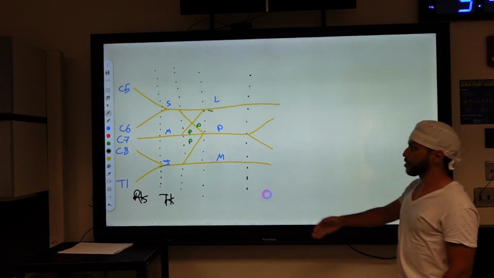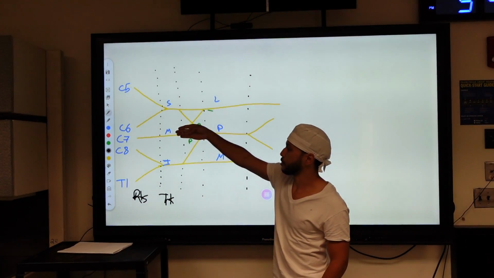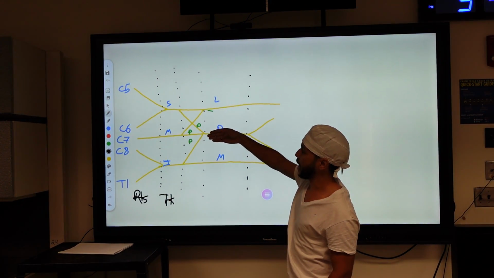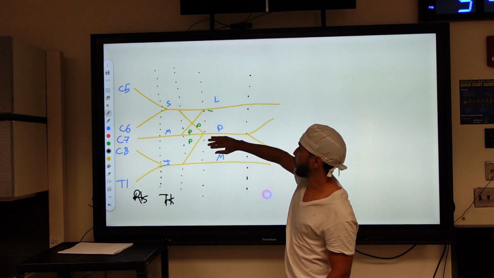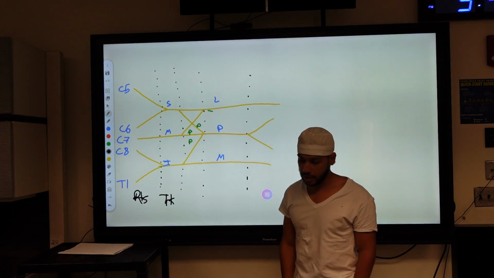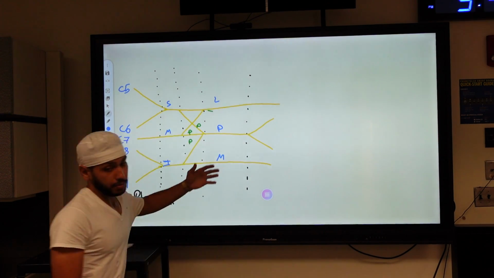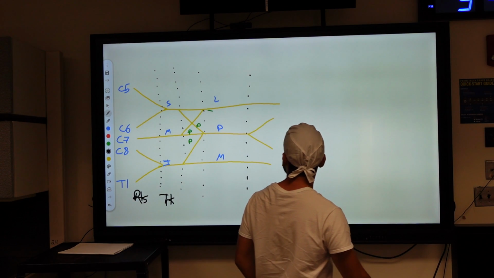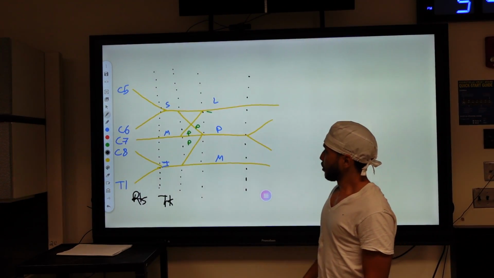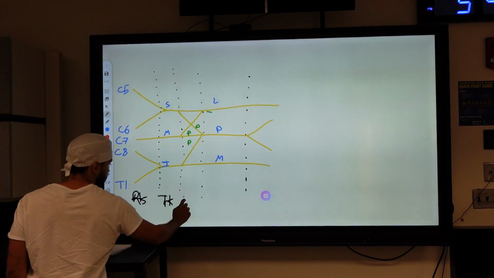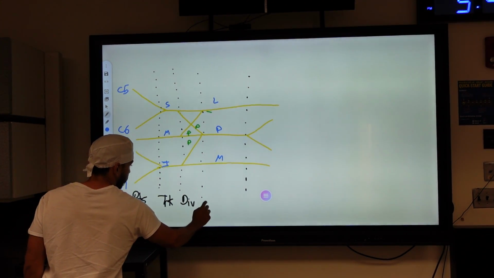So over here in this image, the axillary artery would essentially be sitting right here, directly anterior to this posterior cord. Then you would have the lateral cord on the lateral side of that artery, and the medial cord on the medial side of the artery. This would be as if you're looking at my left brachial plexus. So that was roots, trunks, divisions, cords,